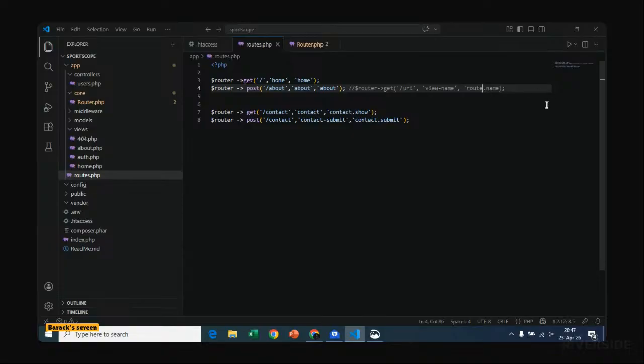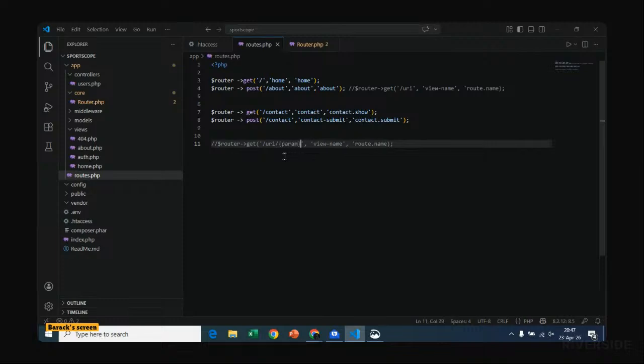So we had the first one where we had just the URI and the view name. Then we have these ones where we have route name. Then we can have a third possibility where we have a format like this. Let me first copy this. The third possibility is having the URI, then slash the params that we're working on.